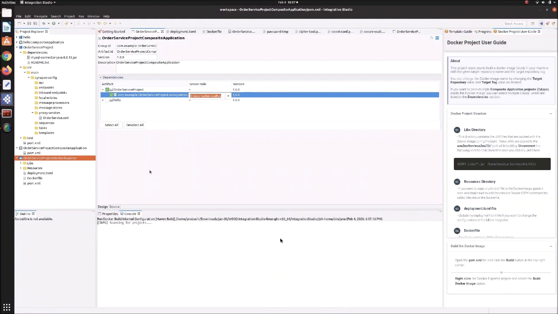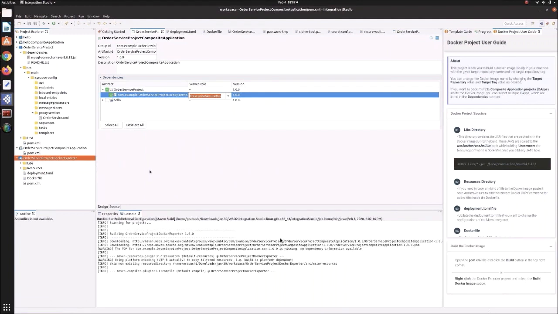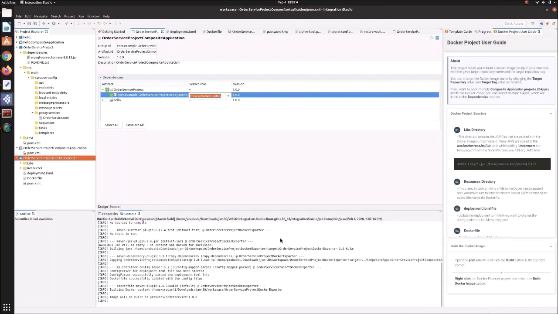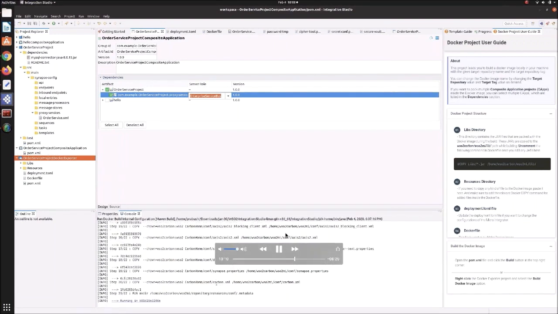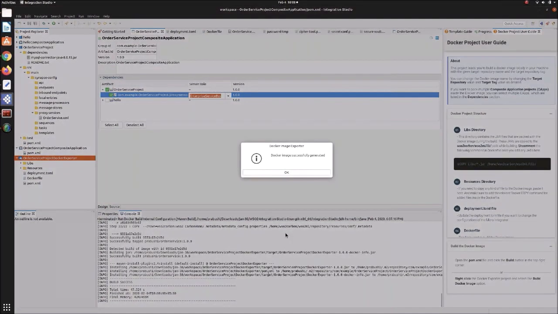Here we will build all the related Synapse artifacts and create the car file. In addition, we will run our MI container config mapper Maven plugin, which will change our configuration files according to the configurations defined in our deployment YAML file. After that, we will run the Dockerfile Maven plugin, which will apply all the Docker related configurations defined in the Docker file.